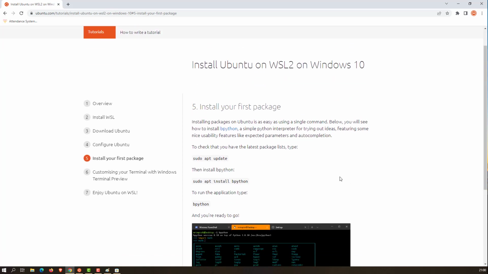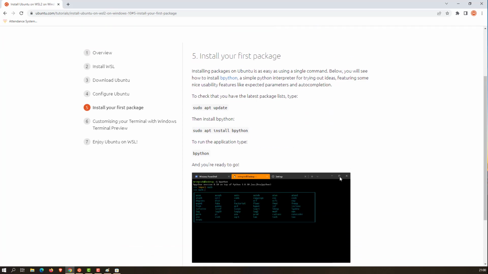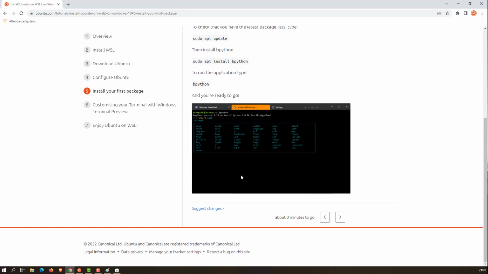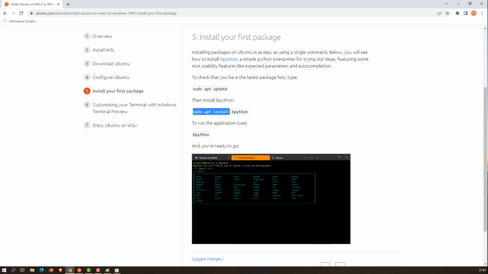The next step shows you how to install the packages, and it is very similar to installing packages in Ubuntu. In order to install any package, type the following command, that is sudo apt install, followed by the name of the package that you want to install. Alright,